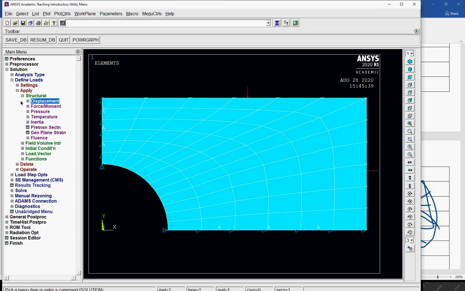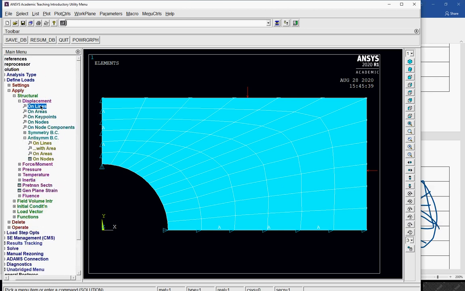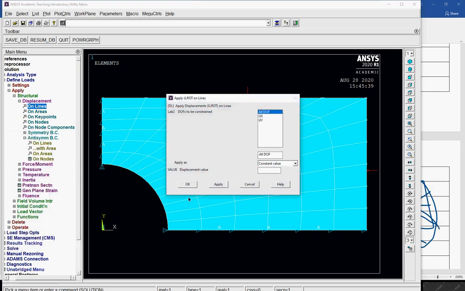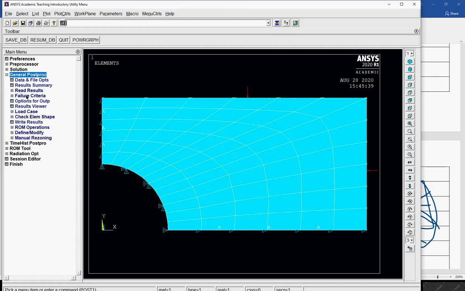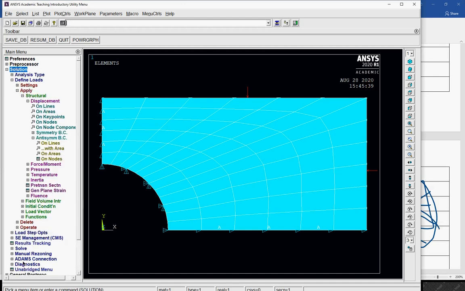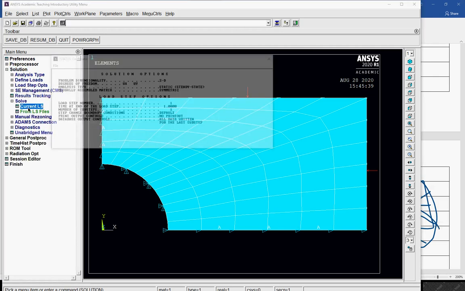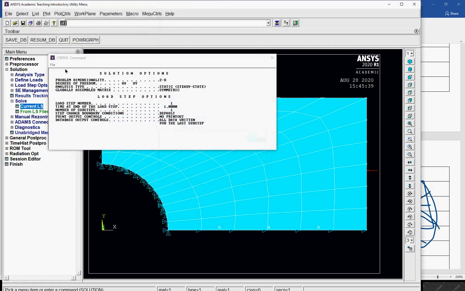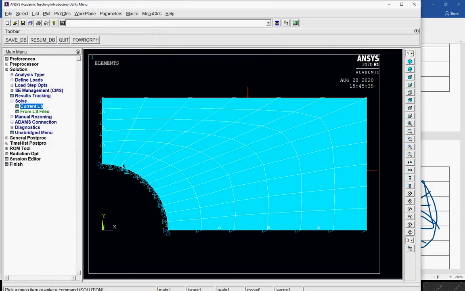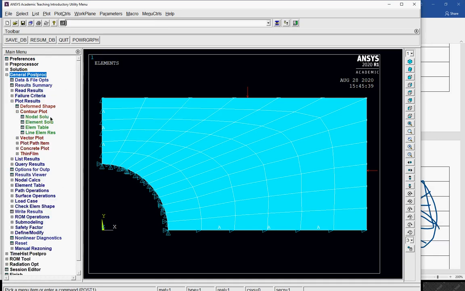So displacement on lines, all degrees of freedom locked to 0. Let's see whether this solves the problem or not. Solve current LS. Okay, the solution is done. I need to check whether I have fixed it correctly or not, but this should not be fixed actually because I want the shape of this to be changing. Okay, we'll try to find out later on.